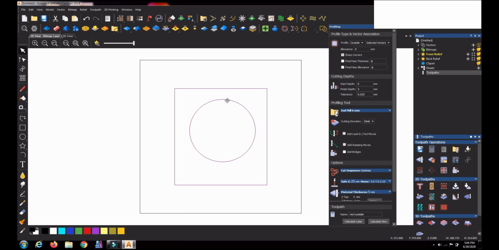In the case of the circle also, it is inside the circle, but it is outside this material. You got it? The tool I want to move is actually inside the circle, but with reference to the full material, it is outside. This is also outside of this material, so the tool will move outside in both places.